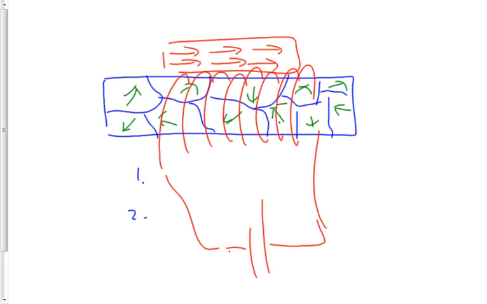We talked about 3 laws of magnetism as well, and they correspond roughly to 3 laws of electricity. The first one was like charges, wrong. Like poles repel, right? Trick question. Like poles repel. Like charges repel was the first law of electricity. Like poles repel is the first law of magnetism. So north repels north, south repels south. Second one was unlike poles attract each other. So north attracts south, south attracts north. Good. The third law,